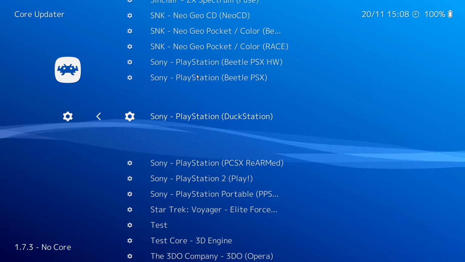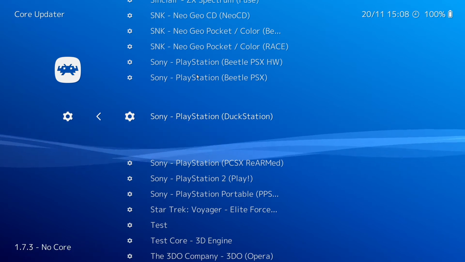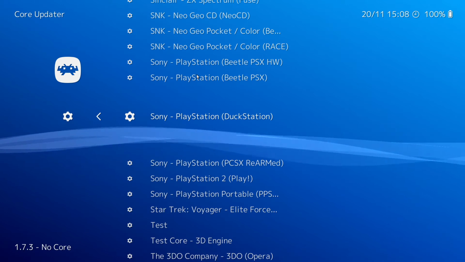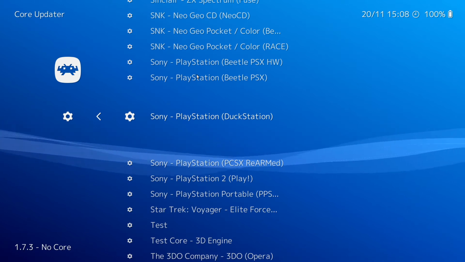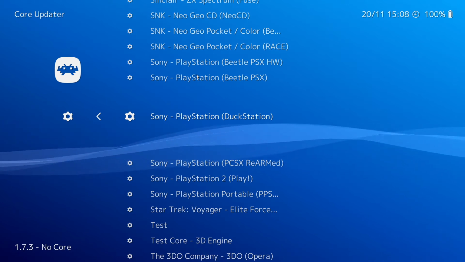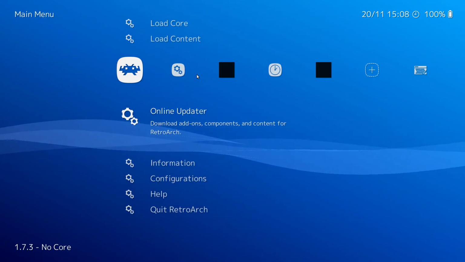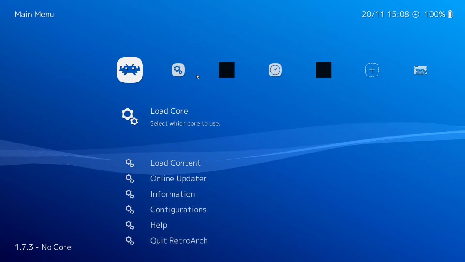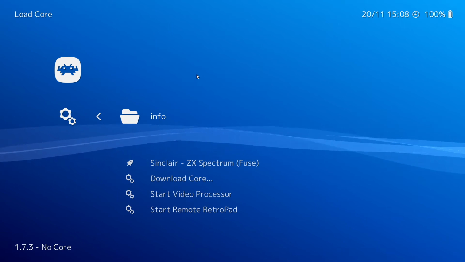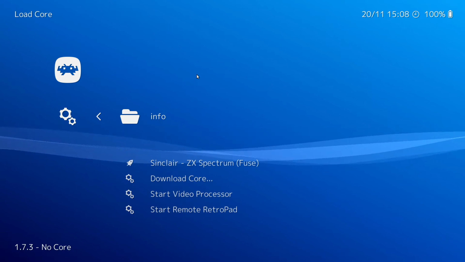And when we press return, it's going to download it, and you'll see a little message in the bottom left hand side saying downloading, and then it will say extracting. Once it's done that, you can see here load core, and this will basically allow you to load the core